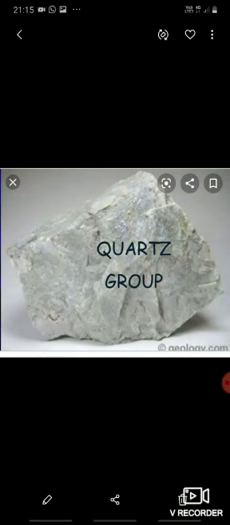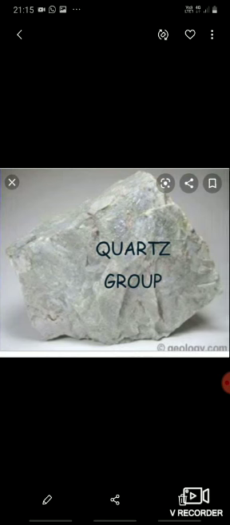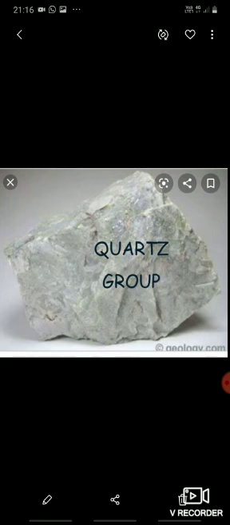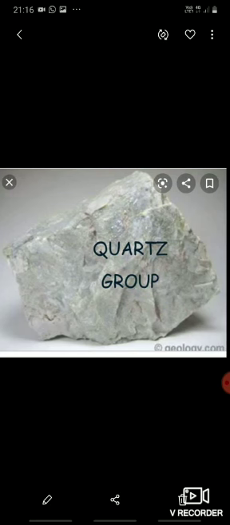Next we are dealing with the important rock forming minerals. First, we are discussing the quartz group of minerals. Quartz is the mineral which is abundantly present in the earth. You can see quartz everywhere, even the sand particles are formed of quartz, and granite and all the rocks have quartz. I have told you already, SiO2 is the chemical composition of quartz, silicon dioxide.